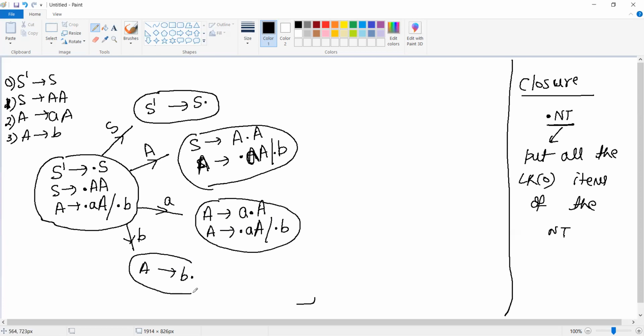Now you can see that the third production, 0, 1, 2, 3, the third production is a reduction. This state you have got as reduced. So you have got the 0 production, you have got the third production. Now let's number it. We number the states up to here. This is I0, I1, I2, I3, I4. Two productions we have got so far, right? Now we will design the state diagram further because 2 productions still remain.